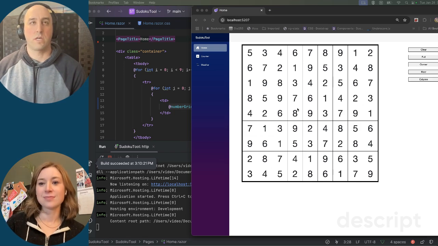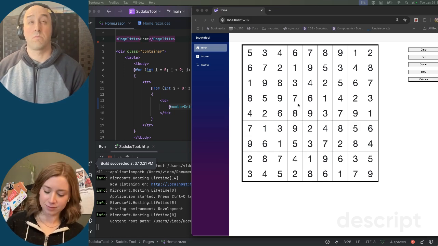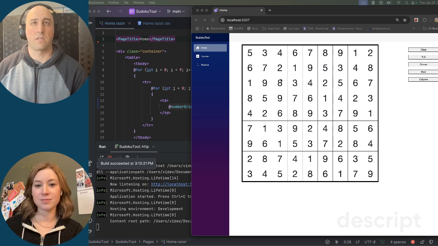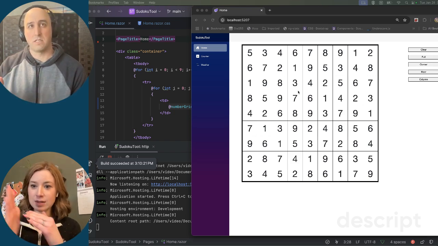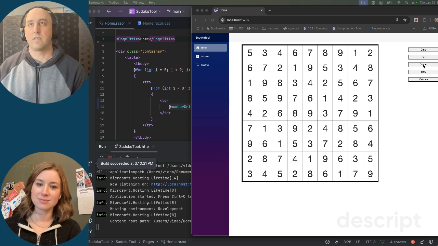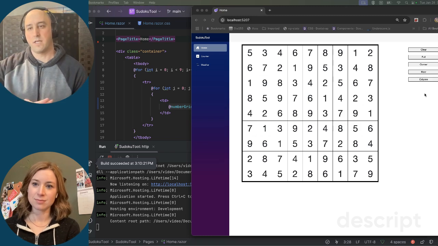And what I want to have us do is build some tools around this to change how this is presented. We can see that we just have a large group of numbers. We don't have the normal lines within the little table boxes. But what I want to have is to add with these buttons the ability to put an overlay onto the table,